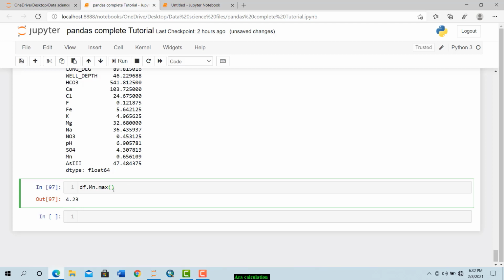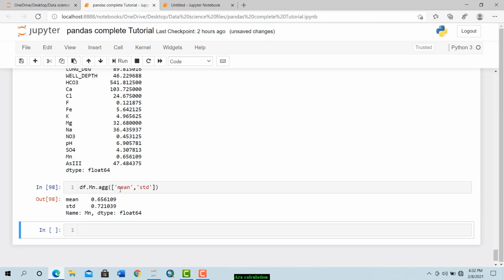And sometimes we want to return our mean, max, standard deviation, minimum all at once. So you can also do that by just using the aggregate function. So df dot your column name, then dot aggregate function, then a parenthesis. Within the parenthesis, we are going to pass a list of names. So one is our mean, another is our standard deviation, std. Okay. Now let's print it. Now you can see they're returned at once. So for manganese, mean is 0.65, standard deviation 0.72. So you can say that this data is actually skewed,